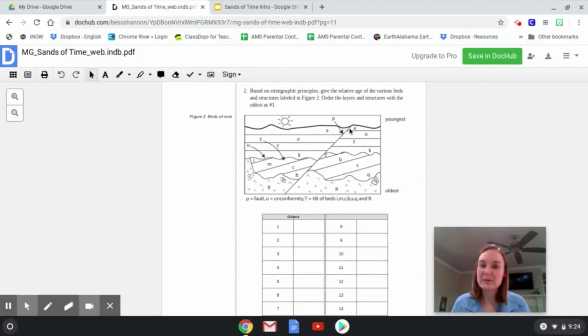The same thing happens with our fault line. Because this fault line is running through all of the rock layers, I know it has to be the youngest thing. Because it's cutting the layer on top, which is my youngest layer of rock, this fault happened after A was already formed. Another thing that we talk about is intrusions, which we've already talked about,